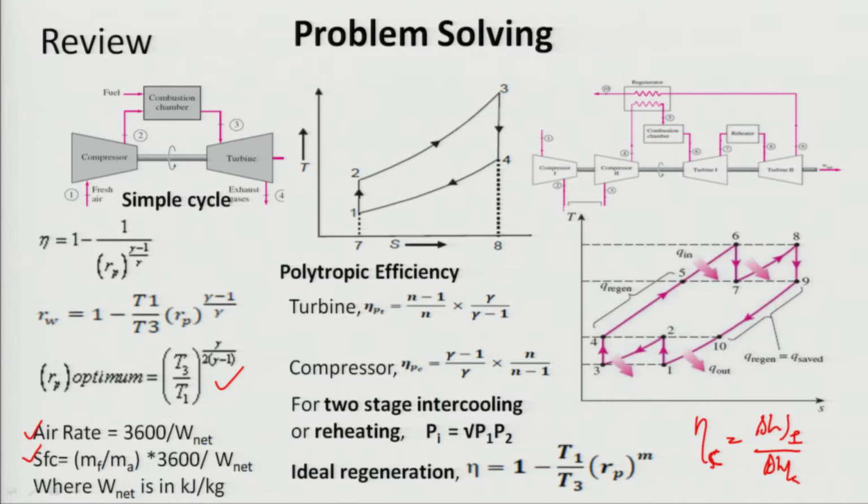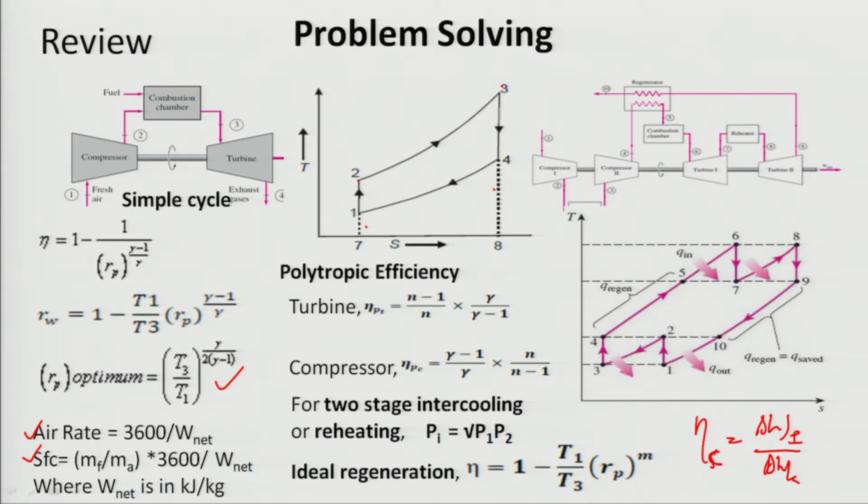If polytropic efficiency is given, then we use the method by which we find the temperatures. The main thing is that if we find the temperatures at the different state points, then half of the problem is solved. Then we only have to put the values of the temperatures in certain equations for the remainder of the problem.